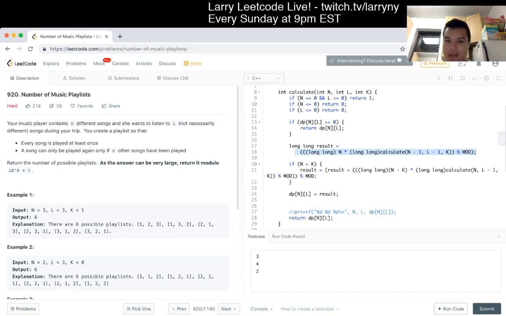I think we had it even before. So this, and then we're done with that song, and this is the number of ways such that we put in this song, but that song is not finished. Just length minus one, and then there's n minus k, because there's that many places to put the next song. I think I just kind of overcomplicated myself a little bit and mixed things up, but